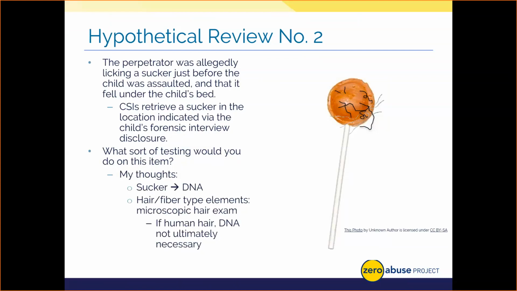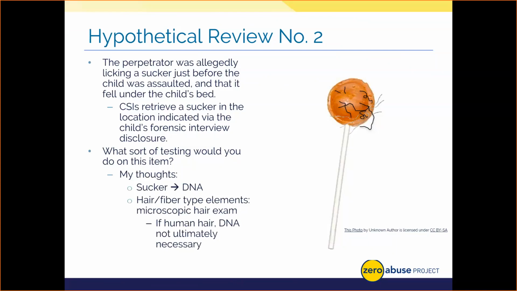Now here's my testing mindset. I'd store them and consider sending them on for trace if I didn't get DNA from the sucker itself. I also wouldn't take any possible human hair onto DNA at this point, if possible. Why is that? If I get the suspect DNA from the sucker, do I truly need to get the same profile from the hair if we identify it as human hair and if it has a root? The DNA from the sucker tells us the same information regarding who is present. And you don't want to potentially burn through time and money unnecessarily by doubling up on profiles. Now, in the greater scheme of things, you might do nothing with the sucker either, if the blood and seminal results from the previous analysis of other items in the case are more important to you.